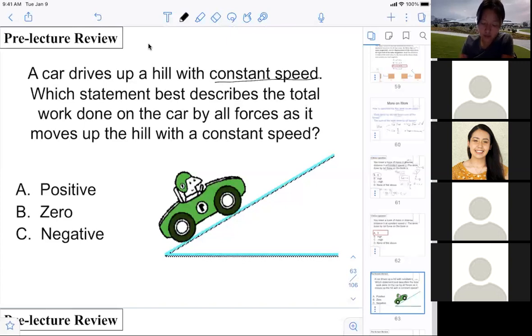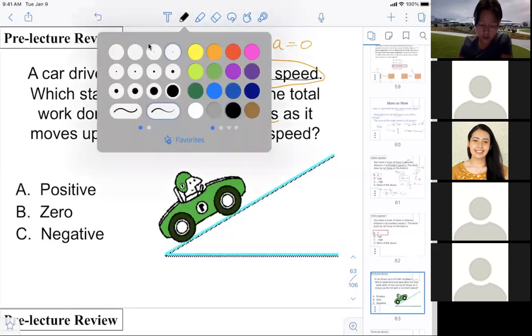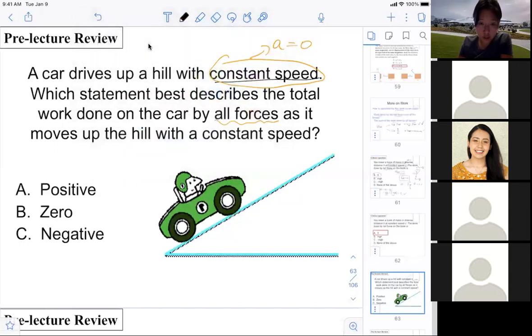Whenever you see this buzzword, constant speed, that tells you acceleration is 0. Now, what is the work done on the car by all forces as it moves up the hill with that constant speed? If you were to add up work by individual forces, now you need to consider